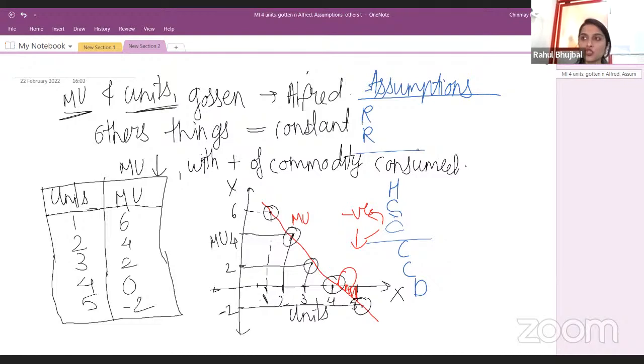Why did he make this assumption? Because with the help of this assumption, we are able to show the graph, we are able to show the schedule of diminishing marginal utility. So he assumes that utility can be counted in numbers. Okay. Then next C stands for